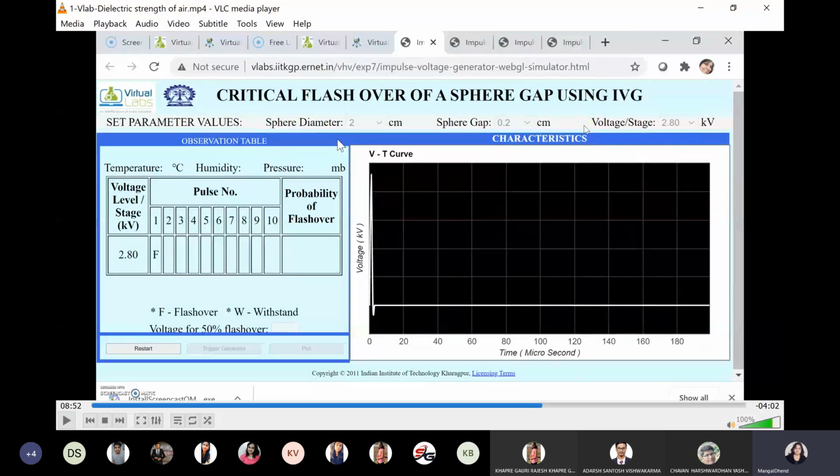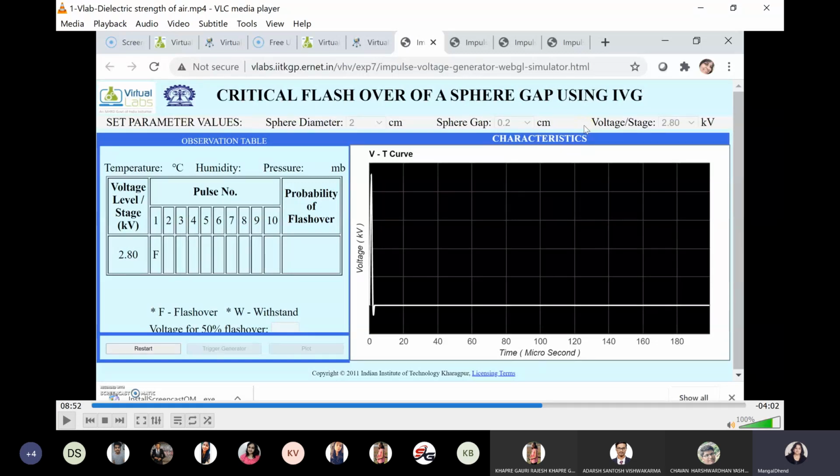So this is our first objective, to find out the breakdown strength of air. Now you got breakdown voltage 2.8 for gap distance 0.2. Just divide by the gap distance, then you will find the breakdown strength. So this first objective is over. Now perform your own experiment for different gap distances. Don't change the diameter at that time, and just see the effect of increasing gap distance. That will be the second conclusion. Increase the gap distance and find out at what voltage you can observe the spark.